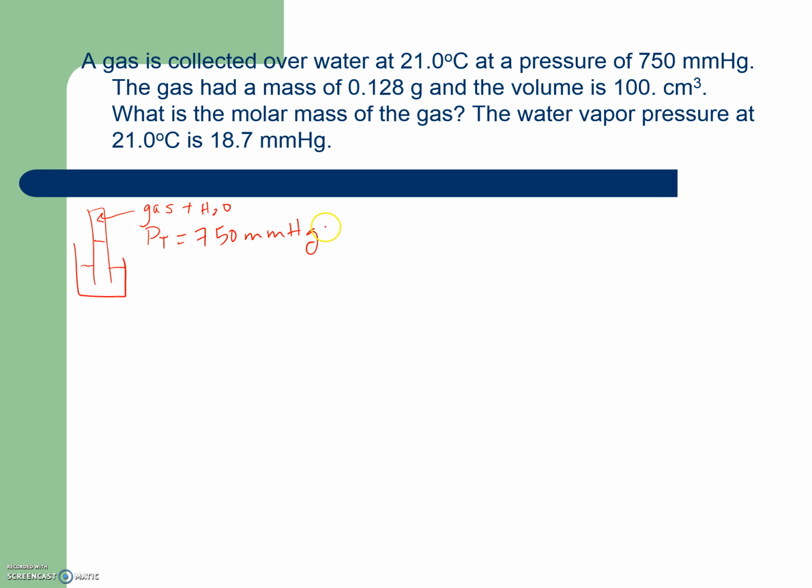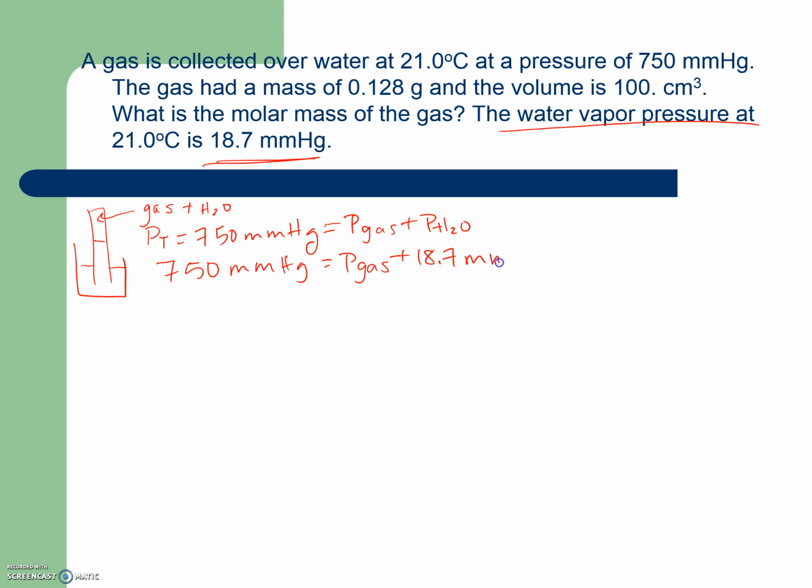And I know that that's equal to the pressure of the gas plus the pressure of the H2O. The water vapor pressure right here is this 18.7 millimeters of mercury. So my 750 millimeters of mercury is equal to the pressure of the gas plus